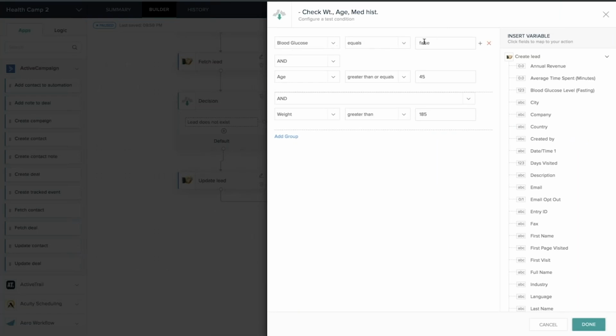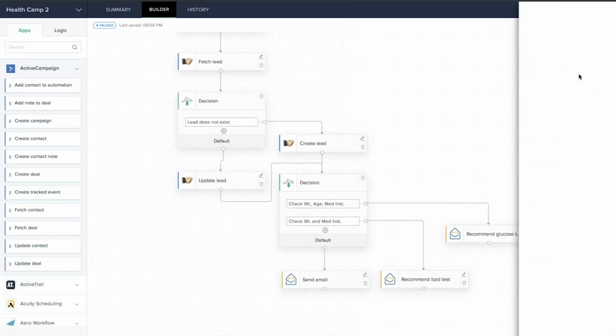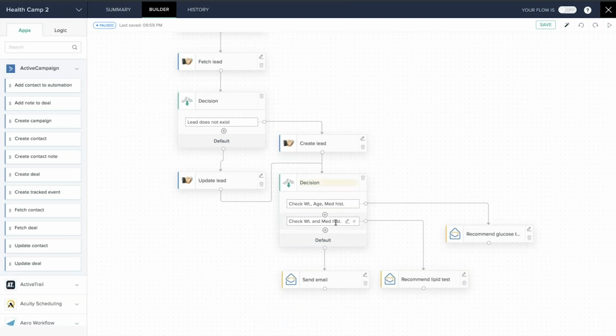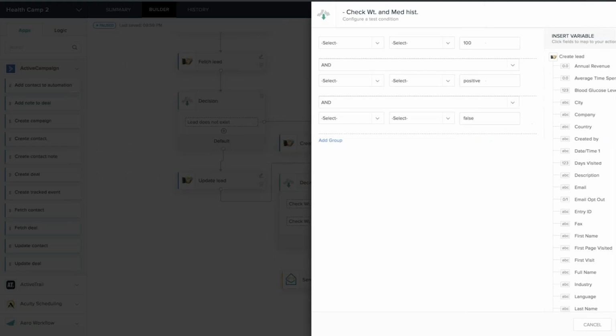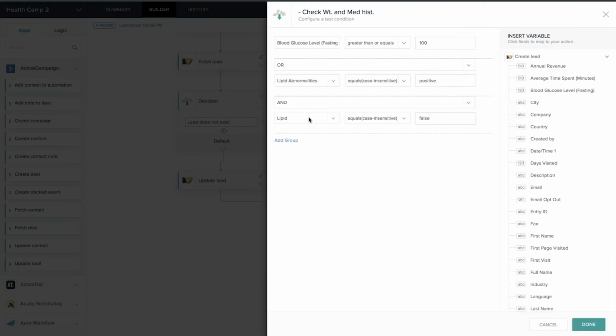So this first step, first condition. So that's one branching. Similarly, you can have another clubbing. If you go into the second condition, this group has the blood glucose level to be higher. This has come in from CRM, and lipid abnormalities. All these fields are there in CRM, which I'm checking from